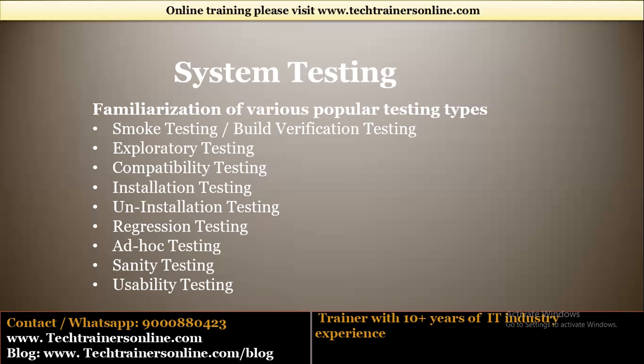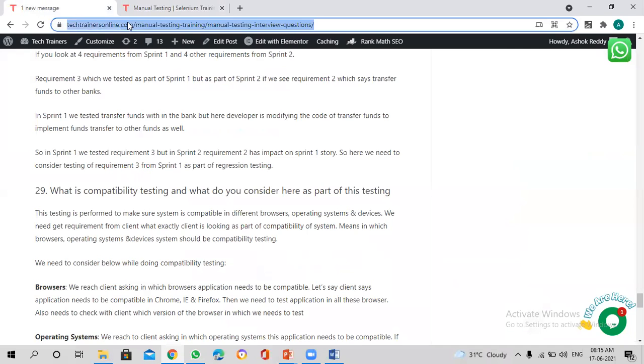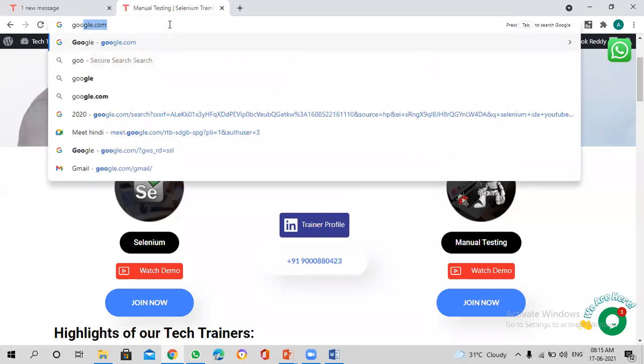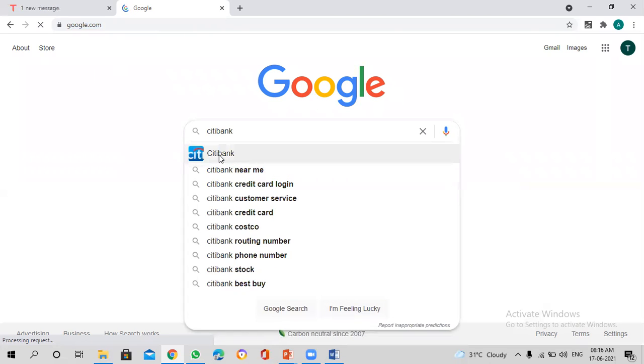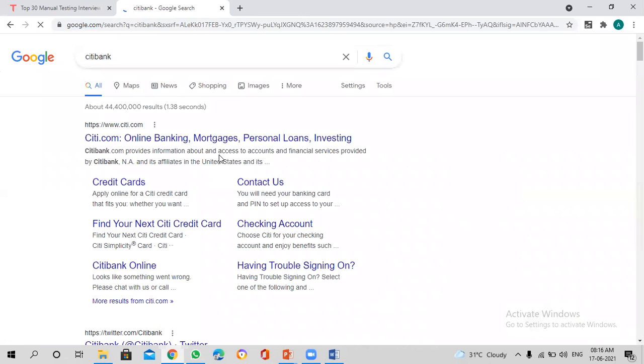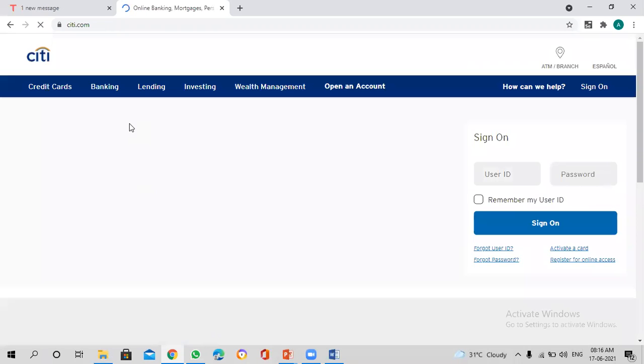Now let's say you have a bank example. Let me open the website. Let's say that I'm working for the Citibank application, just giving an example. Now I go to my Citibank application, citi.com, and you can see that there are a lot of options available.